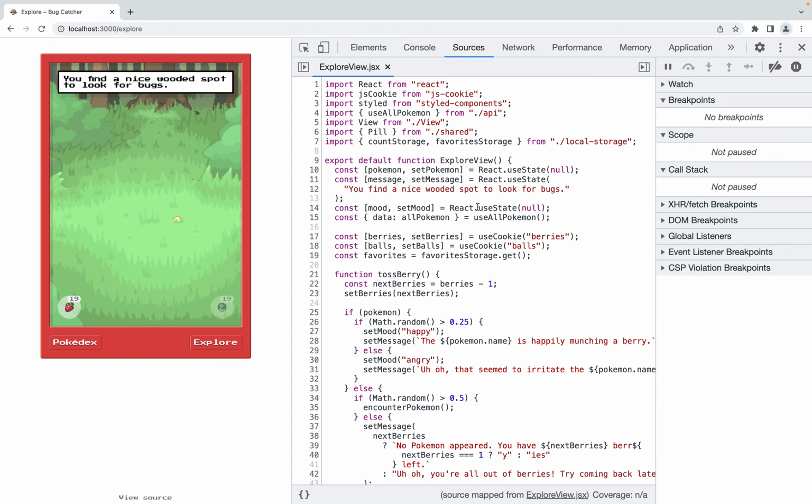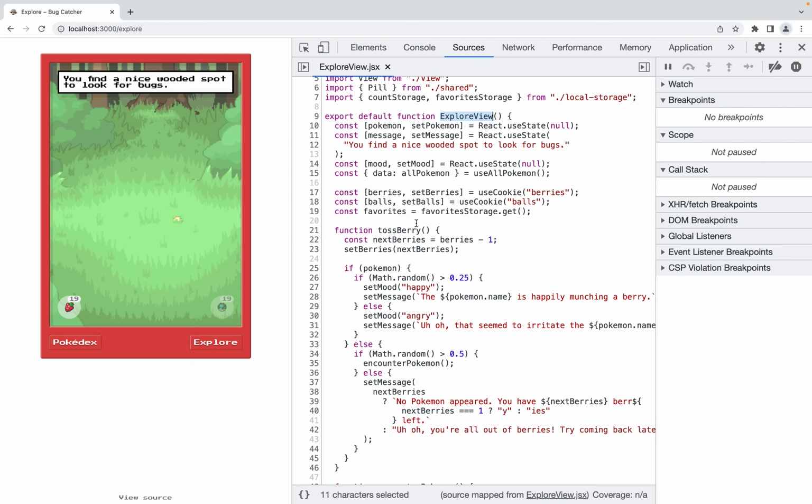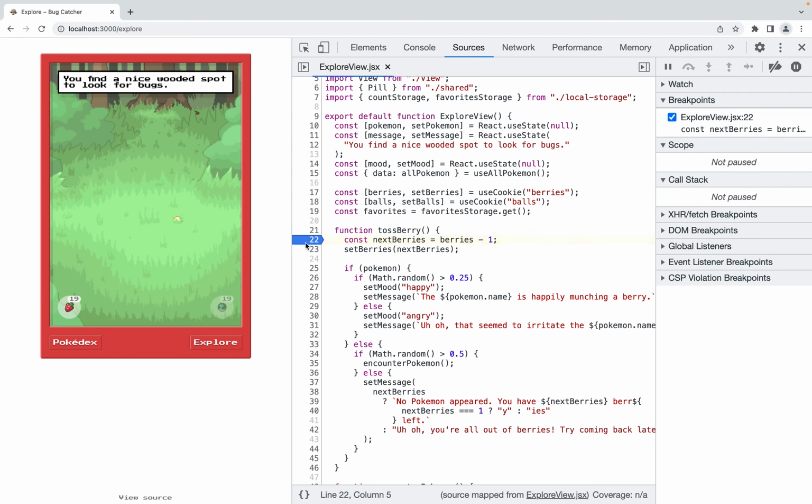Now I want to know what happens when you toss a berry. So I'm going to look inside here, my source code. Here's the name of the component. Here's some of the functions and variables. I'm going to add a breakpoint within our toss berry function by just clicking on the line number here. We can see that we've added a breakpoint. Now when I toss a berry,